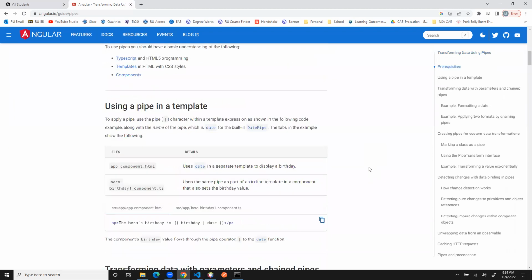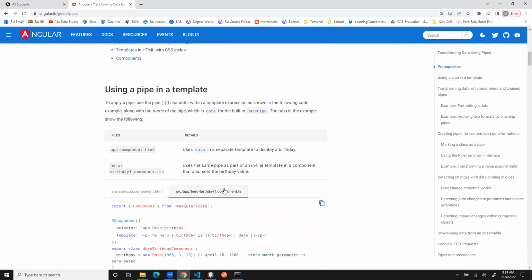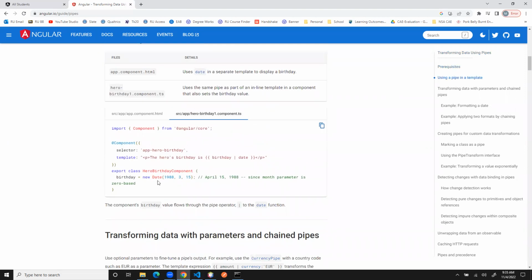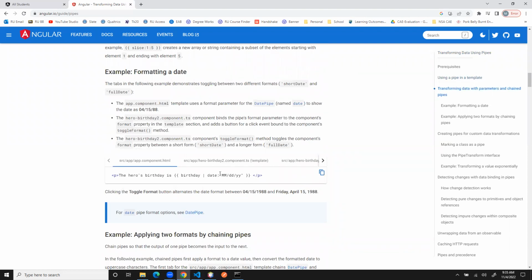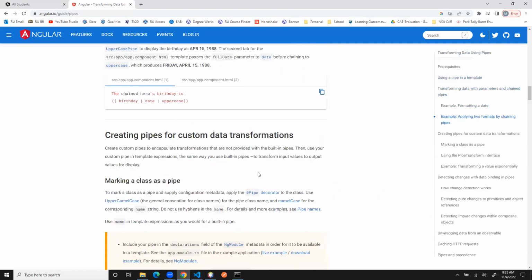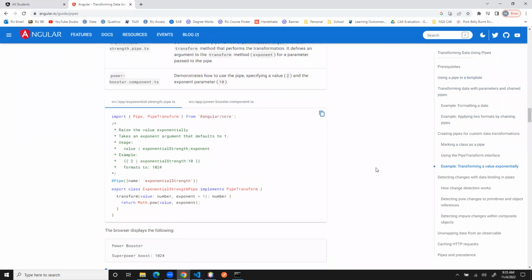But go ahead, using a pipe, we just use the pipe character. That's why they're called pipes. The pipe character is shift, it's usually above the enter key. This one has a date, and you can format the date. So it's saying birthday is a date, format it as a date. The interesting part is you can format the date by giving a parameter to the date pipe. What I want to show you is you can make things uppercase by just putting uppercase. We're going to play with that one, but the one I really want to show you is